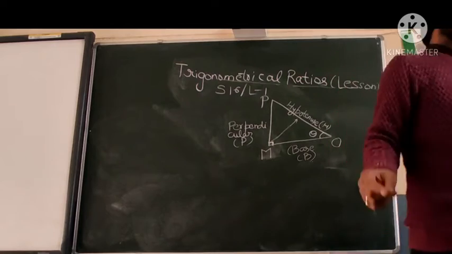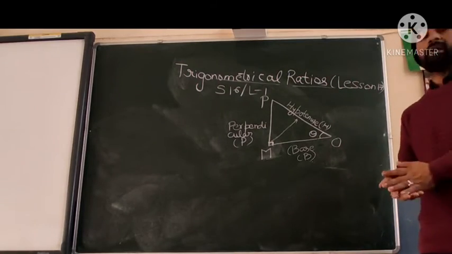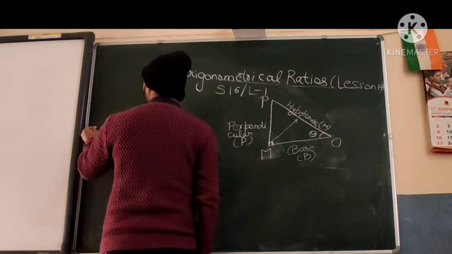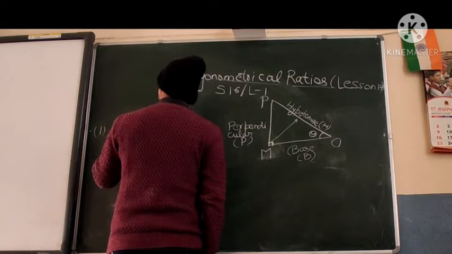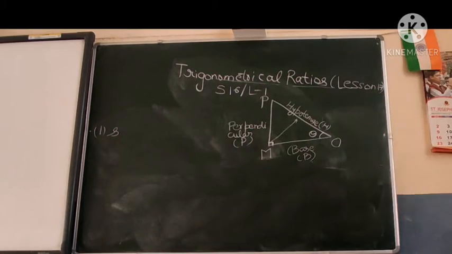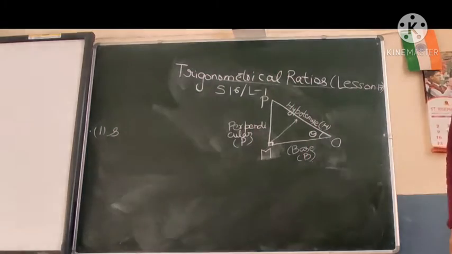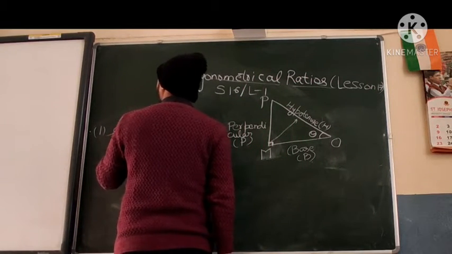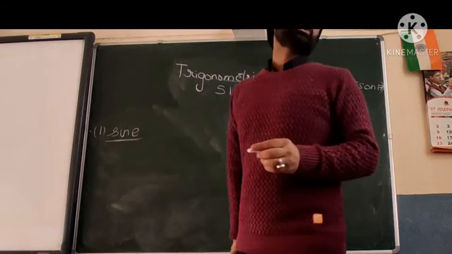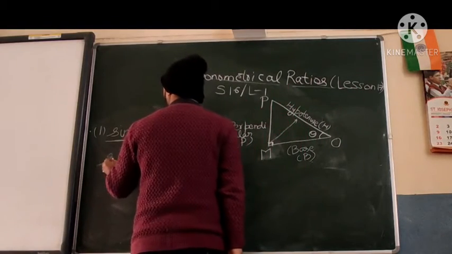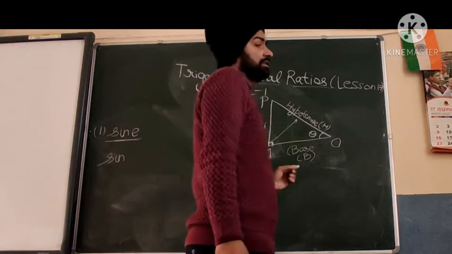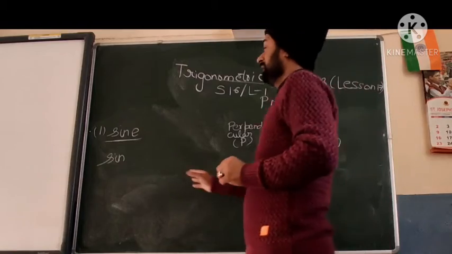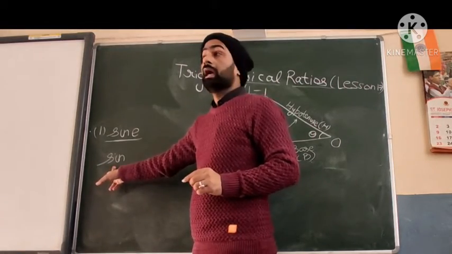Okay, so let's learn about some ratios and we will continue to take one or two more classes to explain you about the relationships. First, I'm telling about some relationships. First is what is, let me write in the capital, sorry, this will be capital only, but this is small, let me write as sine. S-I-N-E, this is sine, but in the short form we are writing it as S-I-N also. So don't pronounce it as sin, but sine. So sine is the ratio, and ratio of what?